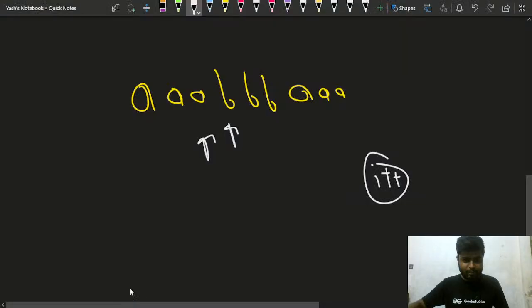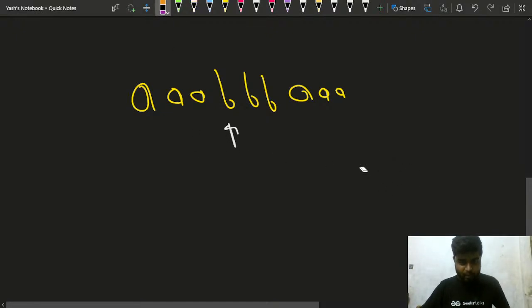Because every time what is happening, suppose my I is standing, right? Suppose I have counted one of the segments, and my I is standing here. If at the end of this my I is standing here, then one of the segments has been counted, right? So in this case, what will you do, right?